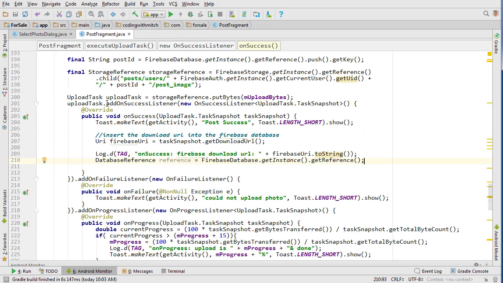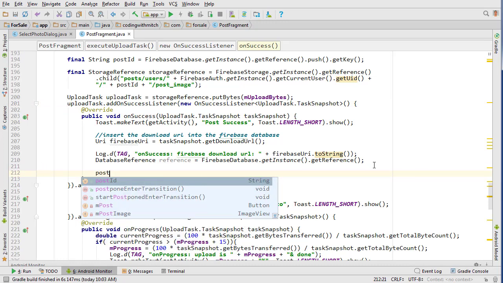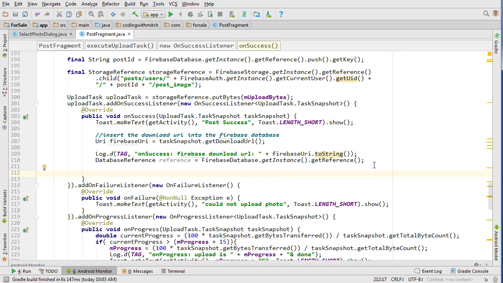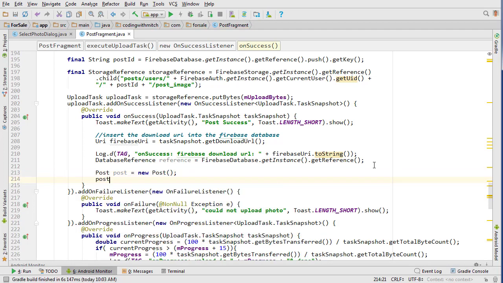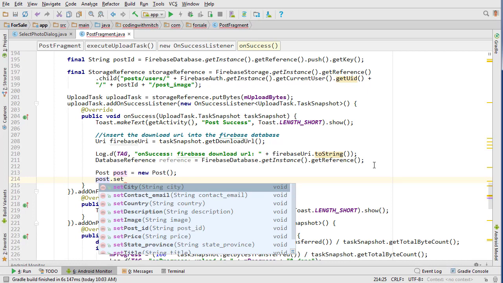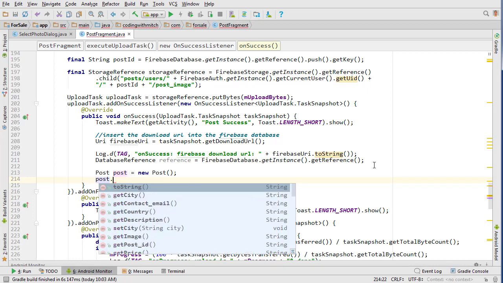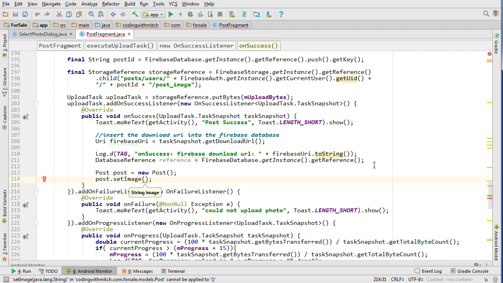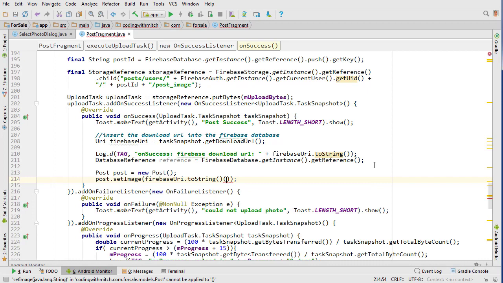Now we're back into our upload task on success listener here, and this is where we're going to insert the new post into the database. So we're going to create our post object. So post equals new Post, and now we want to assign all the fields. So post dot set, I guess it doesn't really matter what. We'll do the image first since that's what we're getting here. So Firebase URI dot toString is all we need to put there,